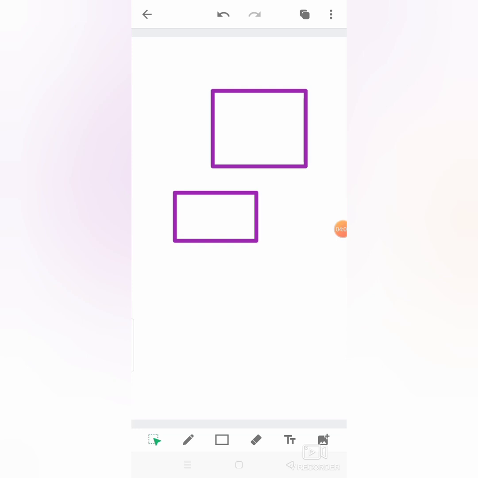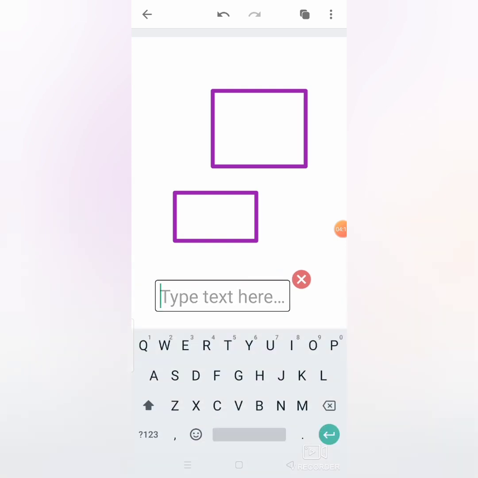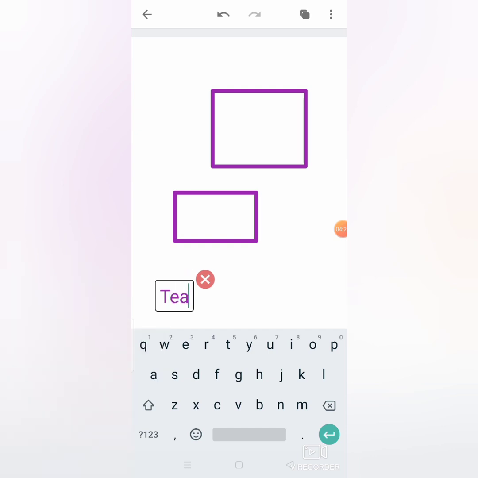Now we will see the double T option. The double T option is used to write some text on the screen. Click on where you want to write text, it is giving a text box. I am writing some text.